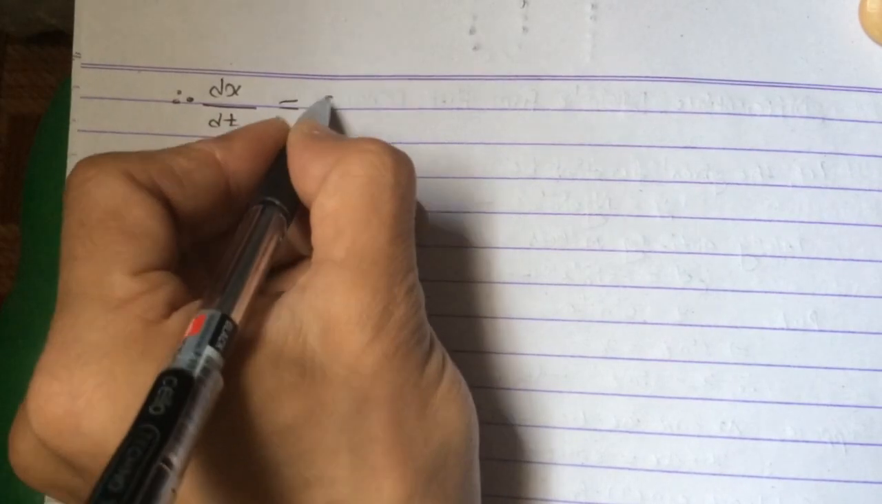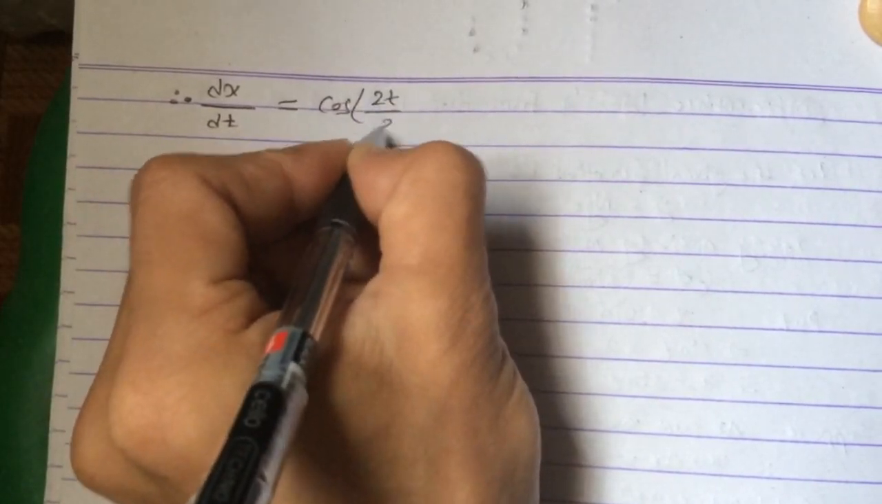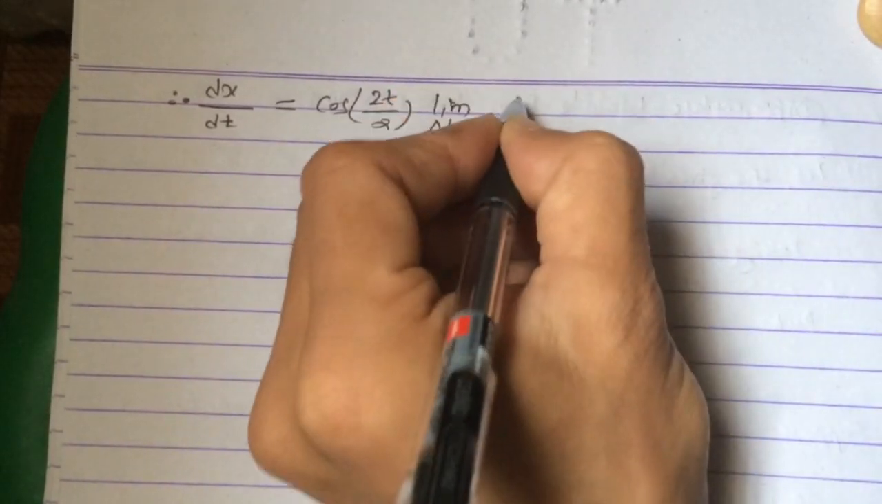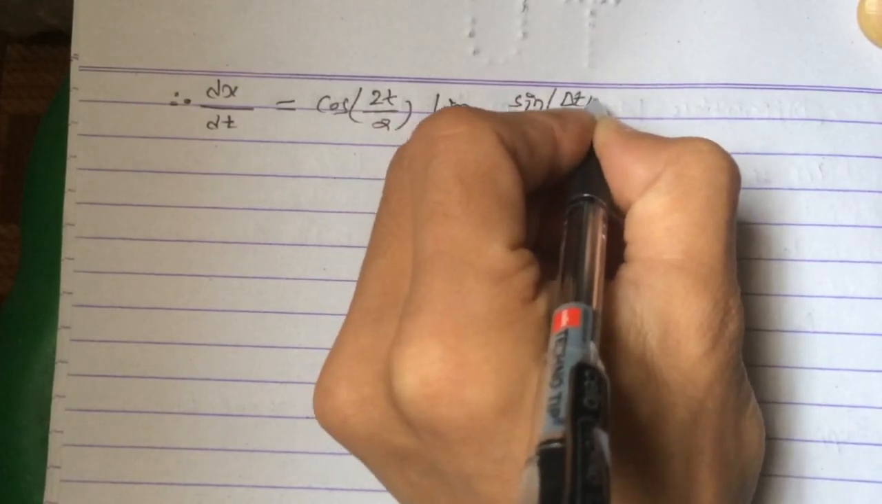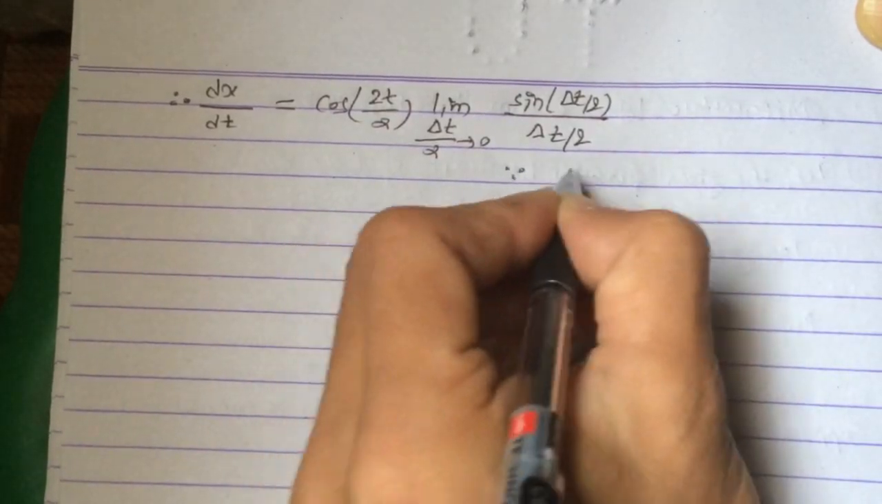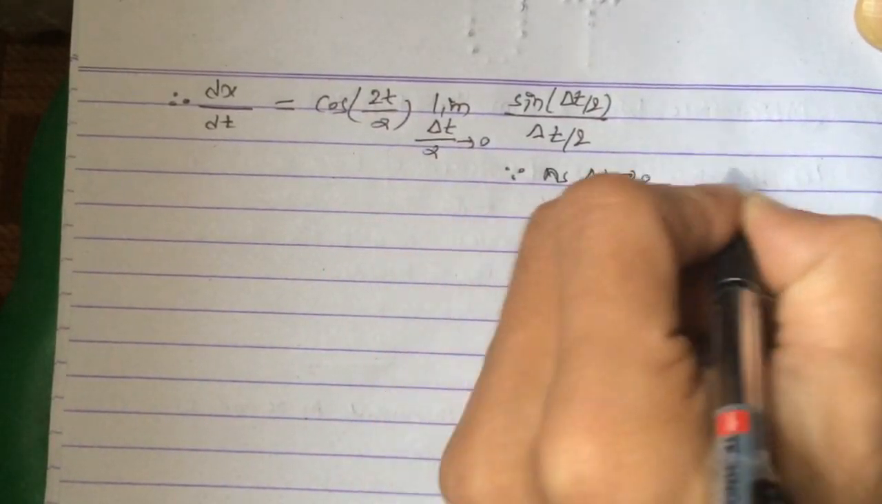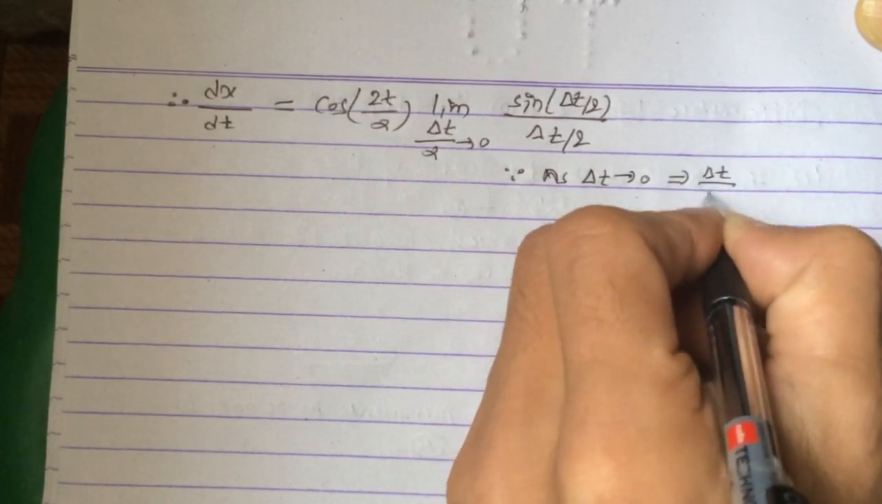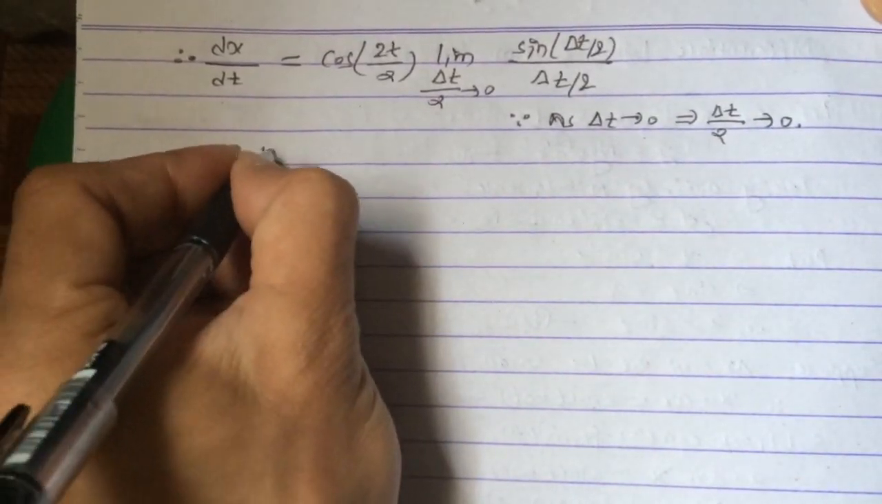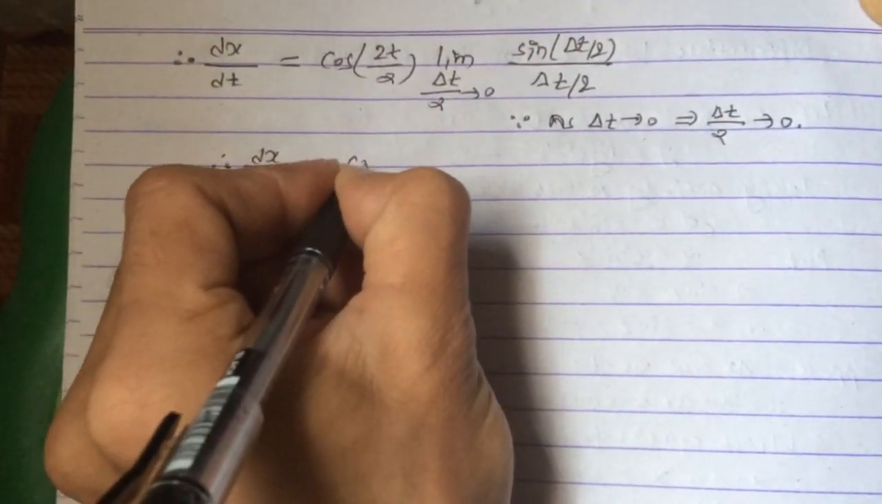now dx by dt is equal to cos of (2t plus 0) divided by 2, and that becomes cos of 2t by 2, and limit del t divided by 2 tends to 0, sine of del t by 2 divided by del t by 2. It is because as del t tends to 0, del t divided by 2 also tends to 0. So dx by dt is equal to cos of t